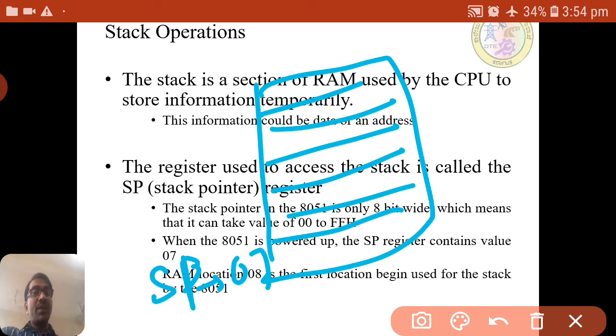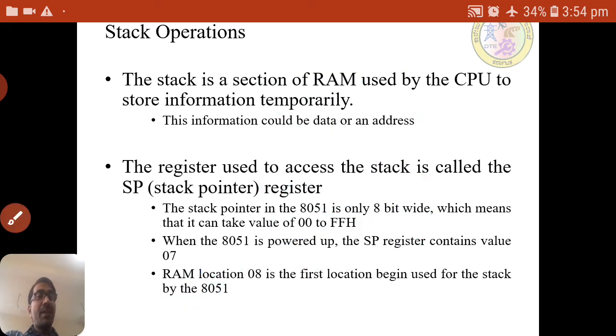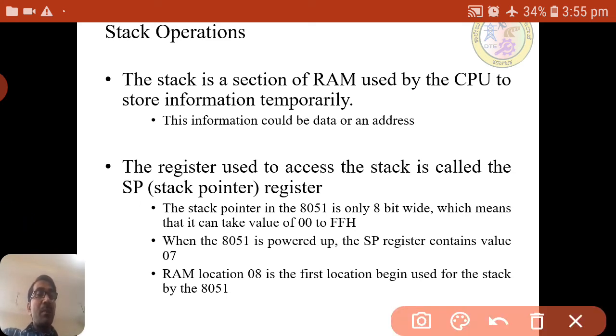By default, SP is pointing to 07, which is an address of the RAM, so it is pointing to the 7th location. RAM location 8 is the first location being used for the stack, so it is pointing to 7, but for the stack operation it will be used from the 8th.